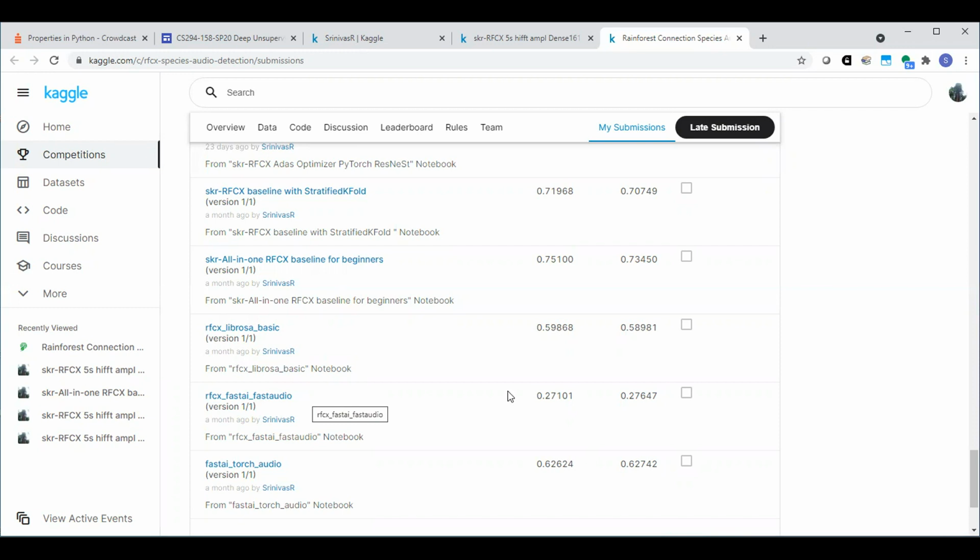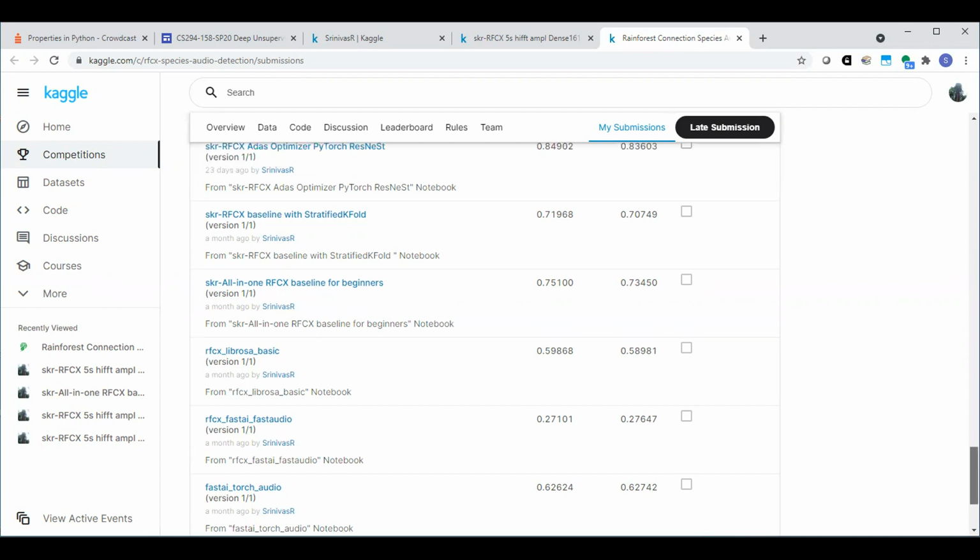But again, I don't think this is slightly different base capabilities because it was using Fast Audio. But again, as I said, I didn't bother because I had the other option. So that's why the score is low. It had nothing to do with the framework as much as the parameters I supplied to convert to spectrograms weren't